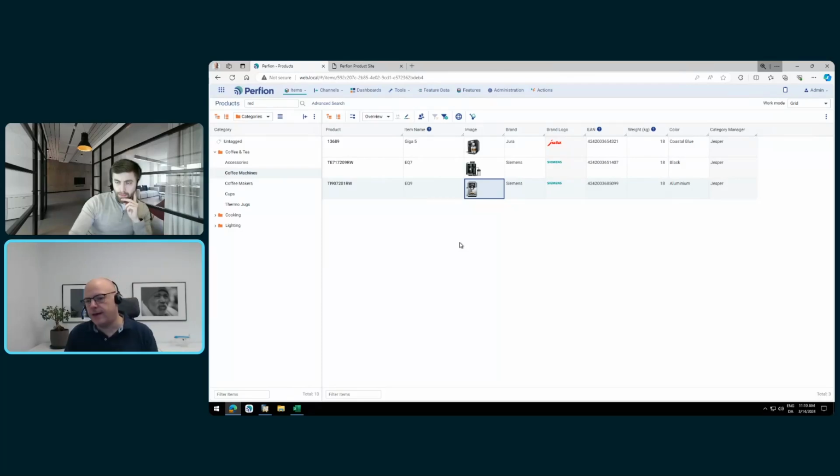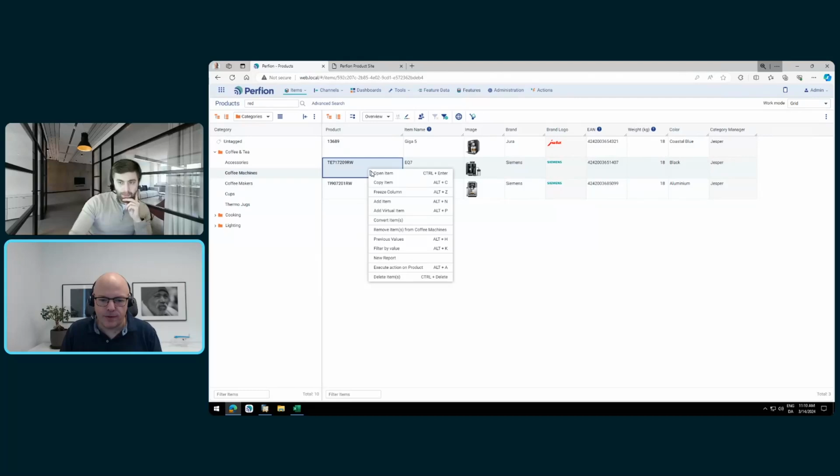But of course, there are extensive permission models built in so that the customers can control which users can create new items, edit items, delete items, and what they can see and edit on the individual items in here. So I can edit all data in the grid, but if I prefer, and some customers do that, especially if they have very complex products with a lot of attributes, then I can also edit the products in an item